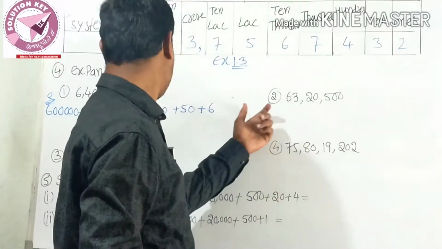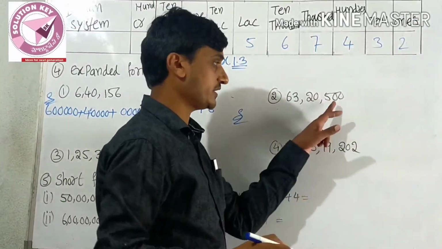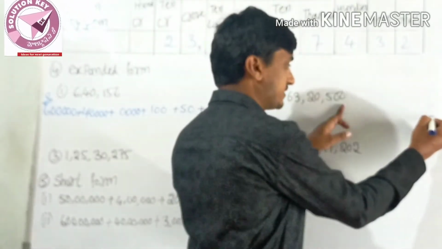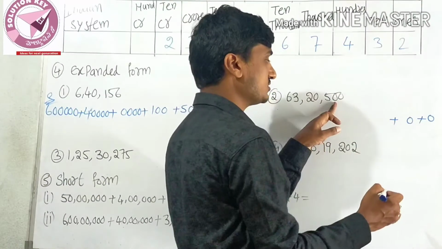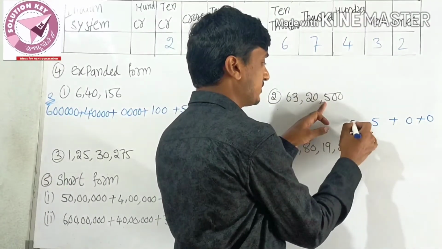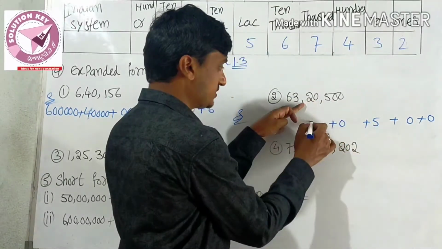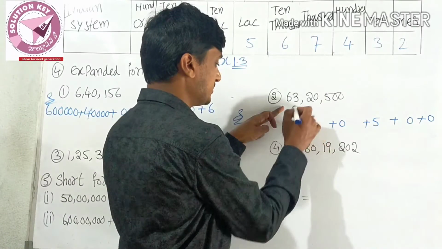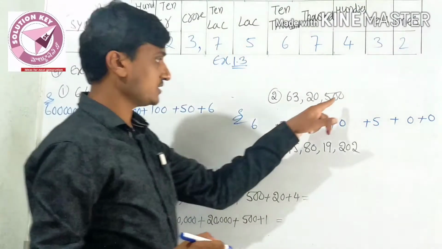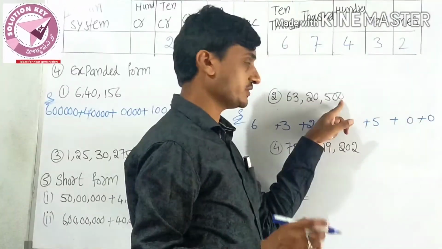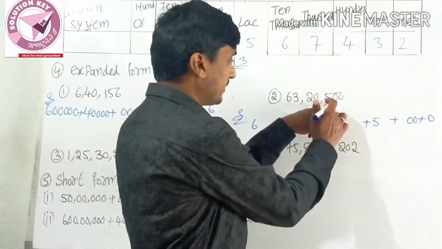Understood? Now I am going to the second one. Start from the right-hand side onwards. 0 is there; I am writing just 0 as 0. Next one more 0, just take that also as 0. Next 5 is there, next plus 0, next 2 is there, next plus 3, and after that 6. See here, first 0 is 0. After 0, one more digit is there, so keep one more 0. Next 500: 5 followed by 2 zeros.